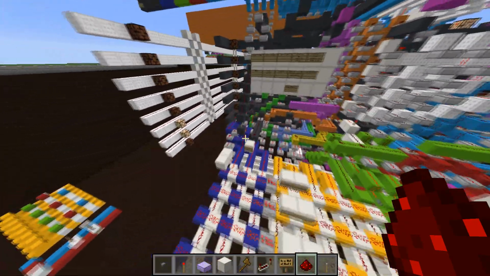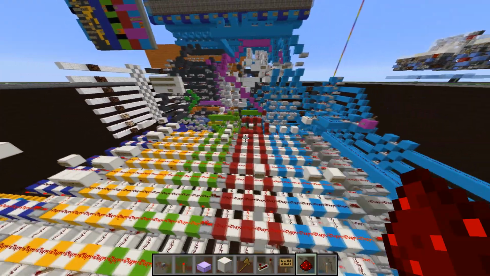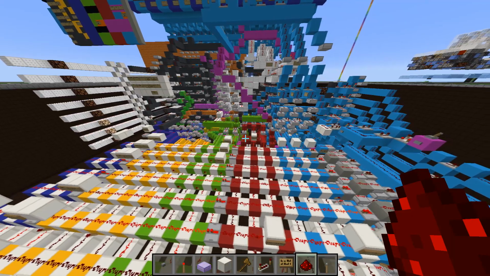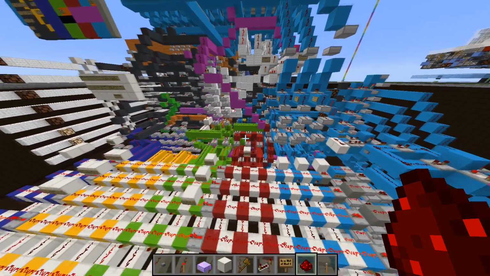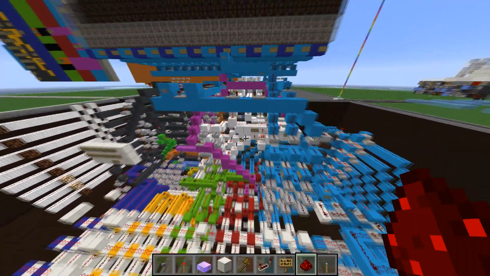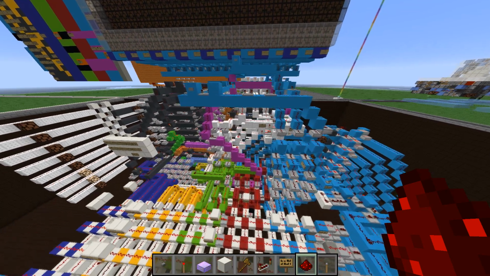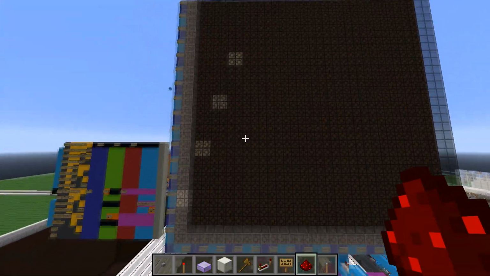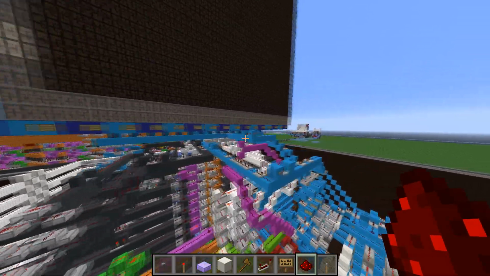Because I've figured out the delay, I'm able to now say register 4 equals register 4 plus 1 without opening some sort of infinite loop that might accidentally add register 4 equals register 4 plus 1 twice before I stop allowing the register to read. You have to only open the register for a certain amount of time to let it read the value, but close it before the value comes back and updates itself. And so I was able to do that with the CPU, and I'm able to get it to draw lines, and of course there's plenty of other things that this will be able to do,